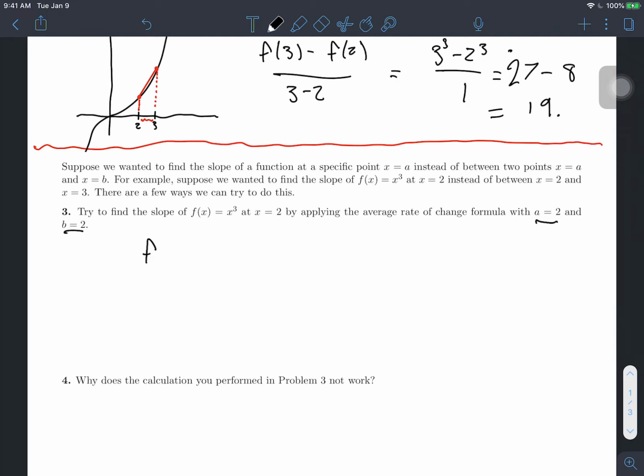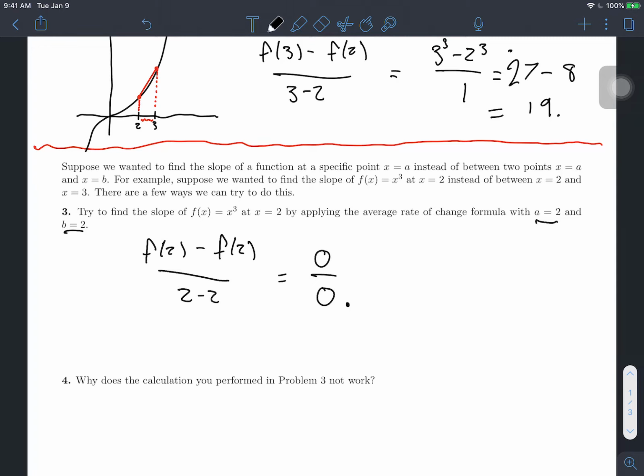So what are we going to get? f(2) minus f(2) over 2 minus 2. And you might realize that this is going to give us 0 over 0. So the purpose of this being in here is to show you that we can't actually just plug into the average rate of change formula to get our instantaneous rate of change by taking a and b to just be the same point. We get 0 over 0, which